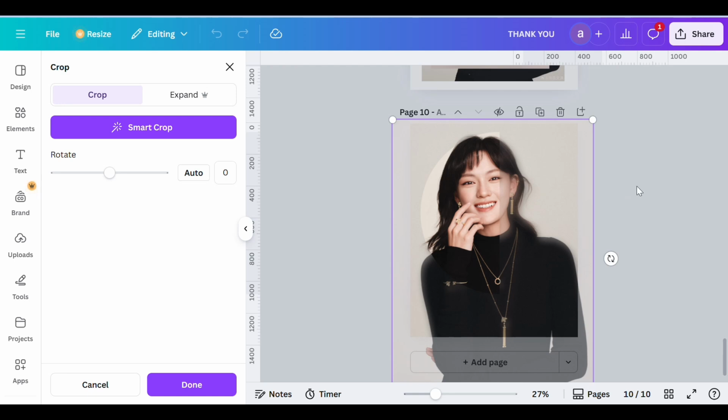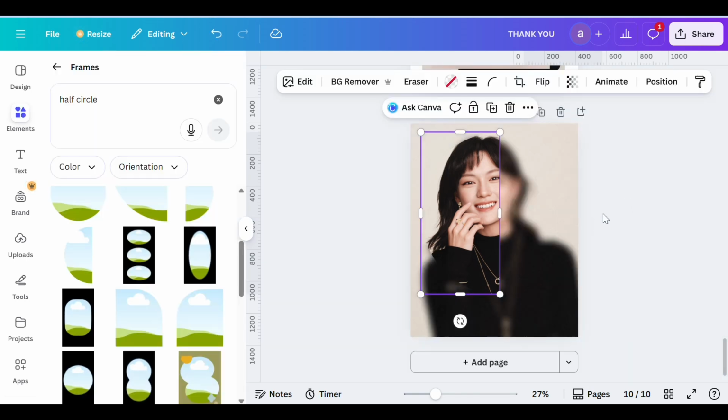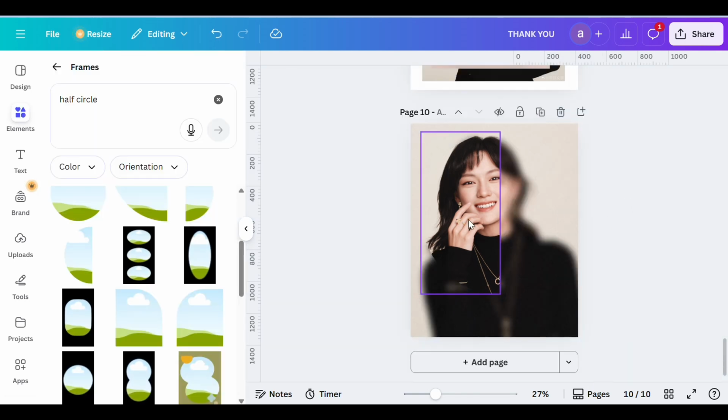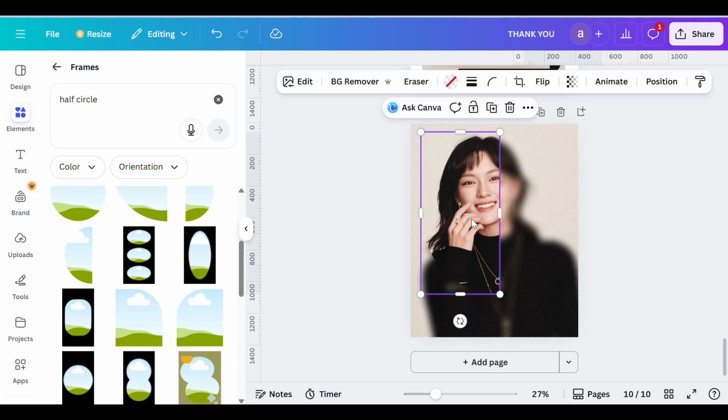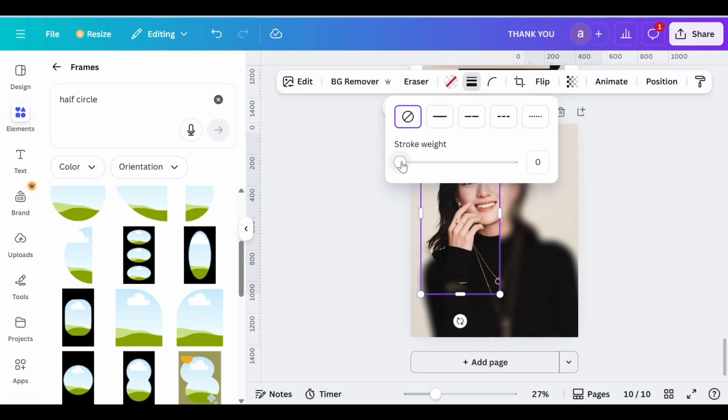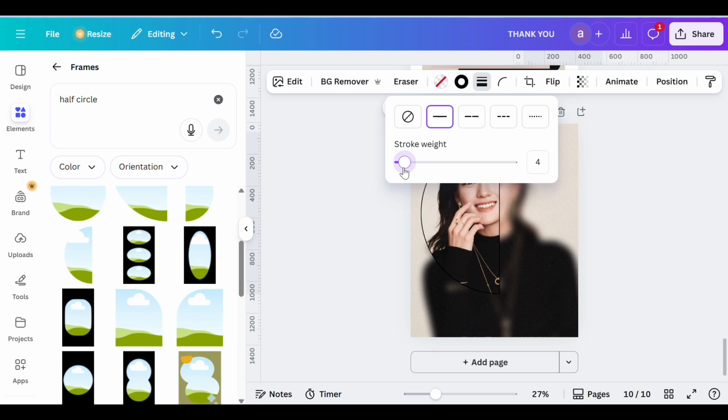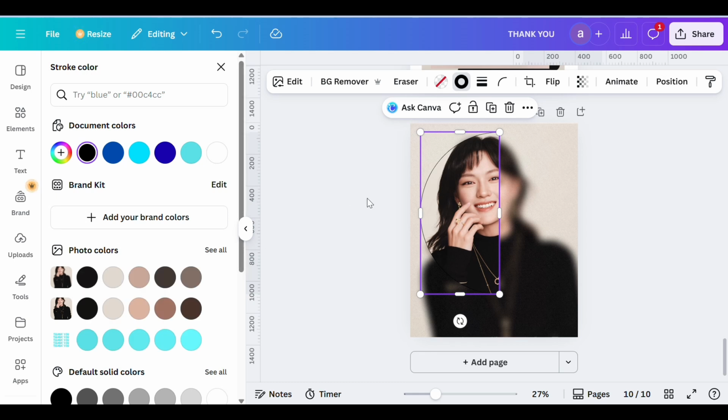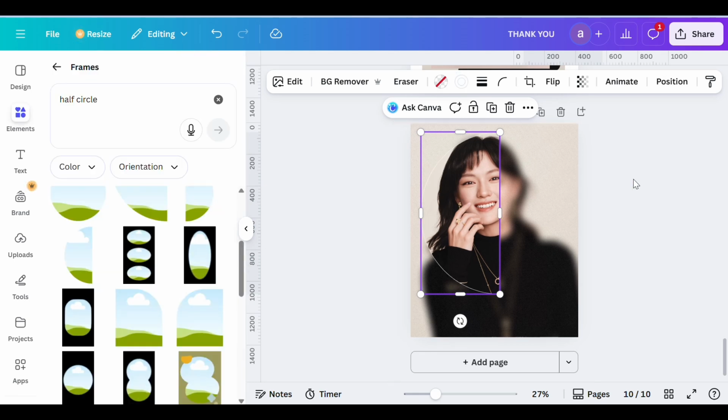Okay, for example like this, so it will look like this. Okay, like this. And then after that, just add the outline on the frames, a little outline, for example like this. And then adjust the color, change the color to white, for example like this. And then after that,